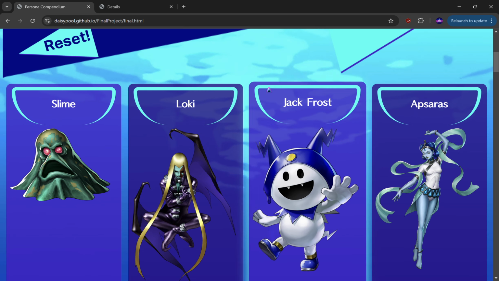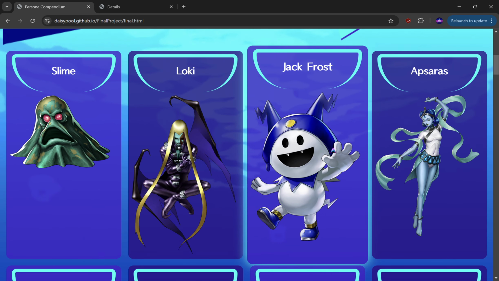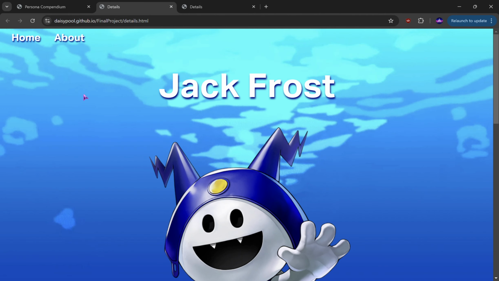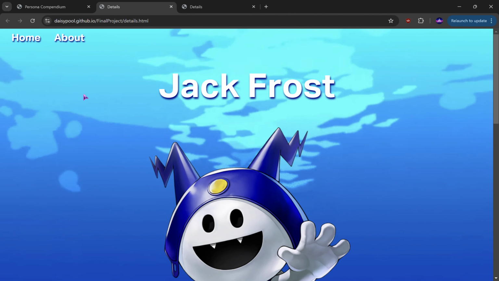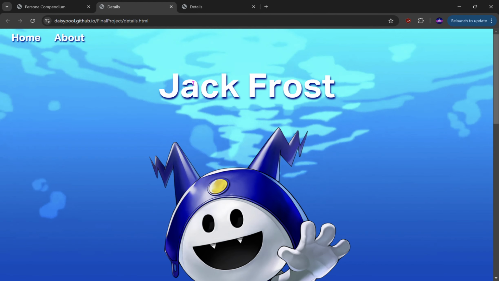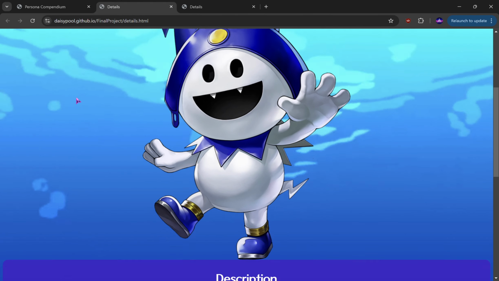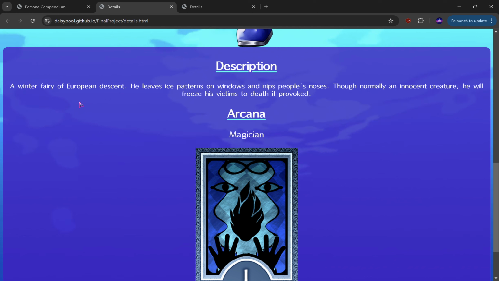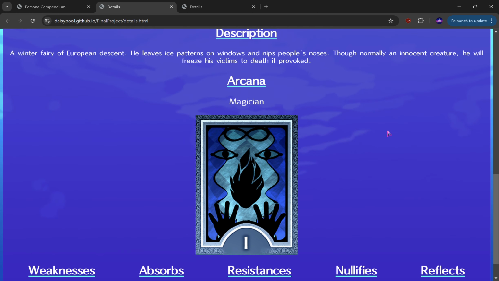And for each section, it just has the name and then the picture, and you might want to learn more about that specific persona. For example, like Jack Frost, you can click on it and it will open the details page for that specific persona, where it will have the name of the persona and then a larger picture, and then the in-game description of that persona, the arcana of the persona, which I think there's 22 of them. They're not too important to know all of them, but this one is the Magician, and it has the picture